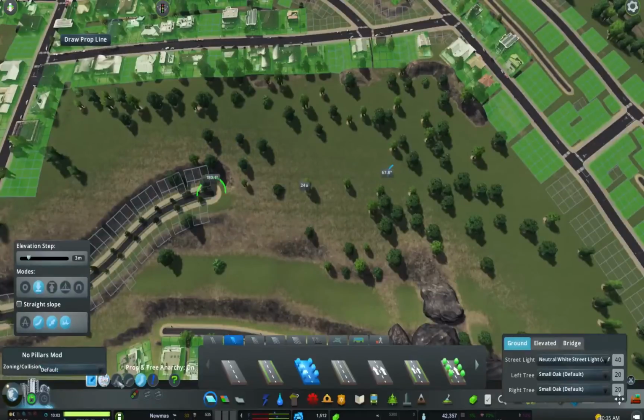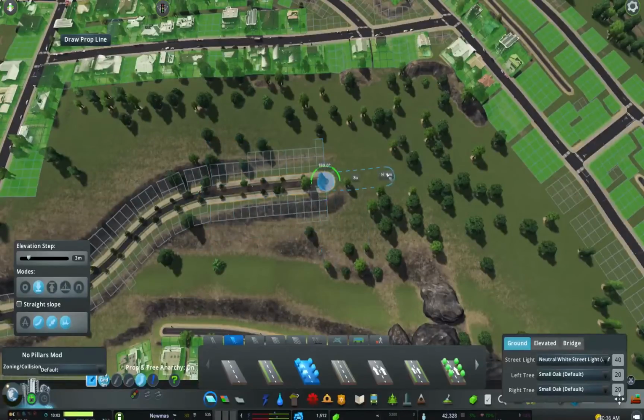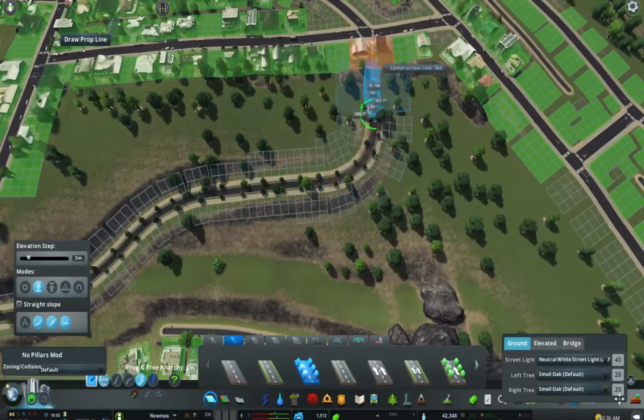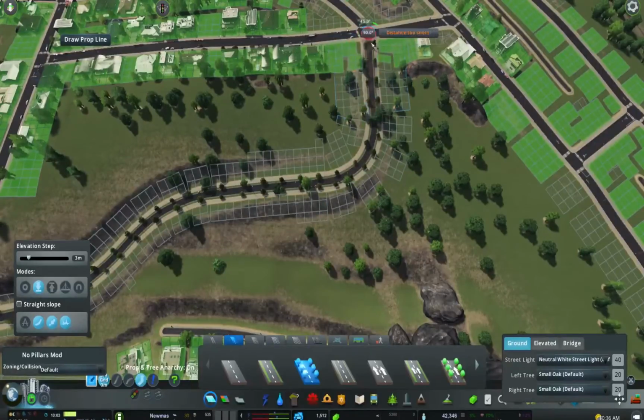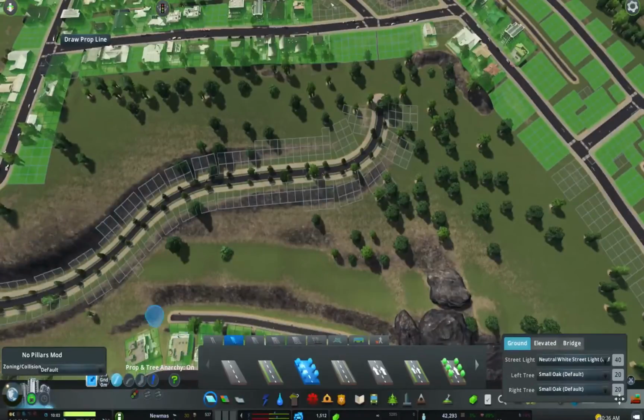Let's make it go straight actually to about here, and then we'll bring this around to that one, and then we'll just connect it up to there, and I might actually just make that a straight road. So let's put that straight on,